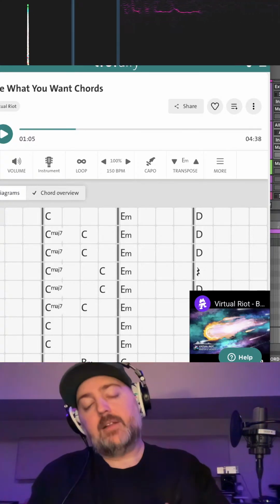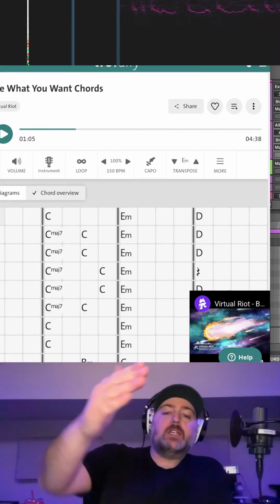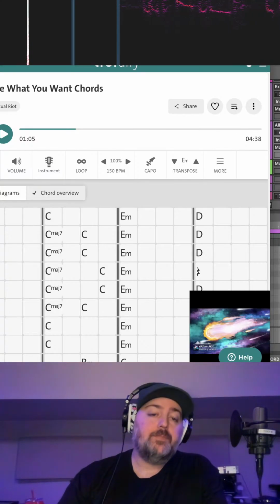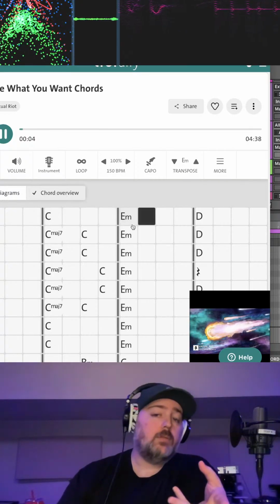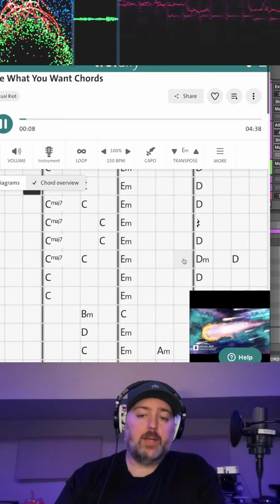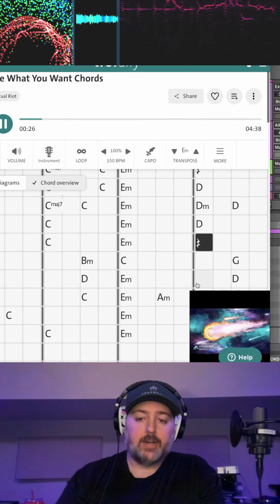Let's just say that he's starting in the key of E, which is A minor. Then he goes to the C, then the E, then the D. And it's kind of a pop song at this point, right? Then your root is in the middle. Anyway, so once he gets down here, sorry, right down here,